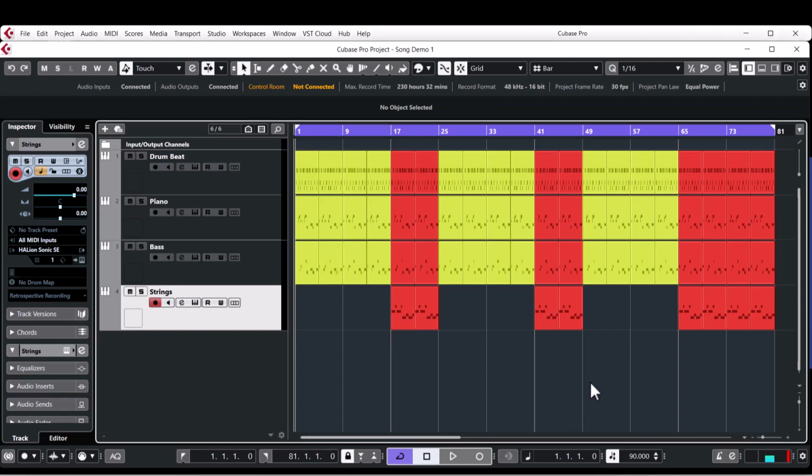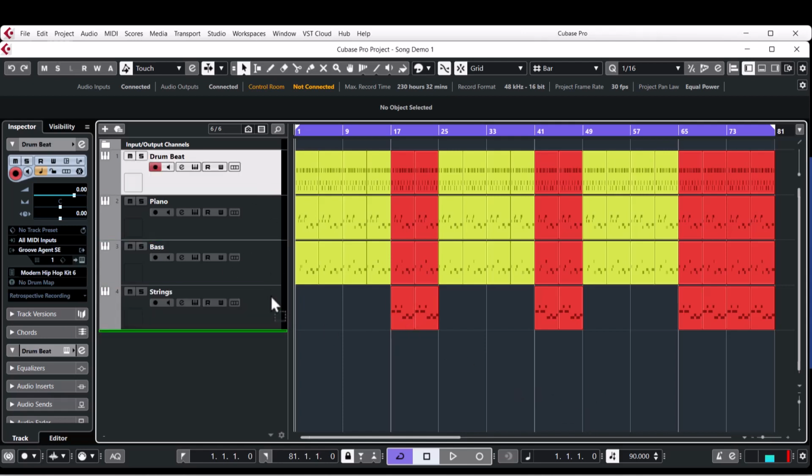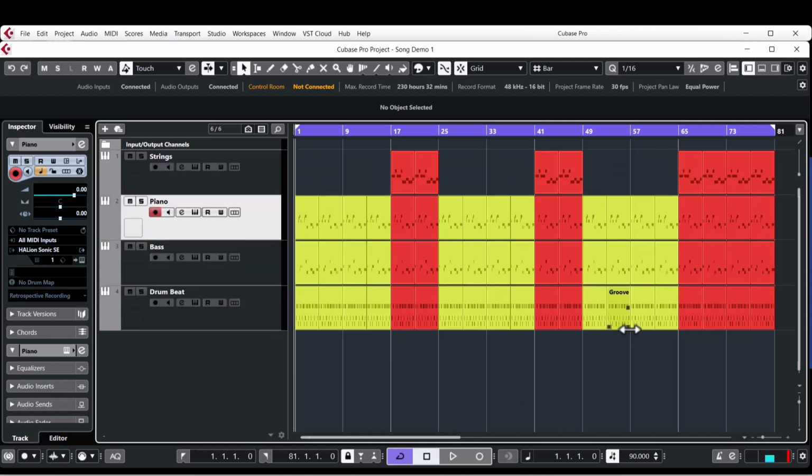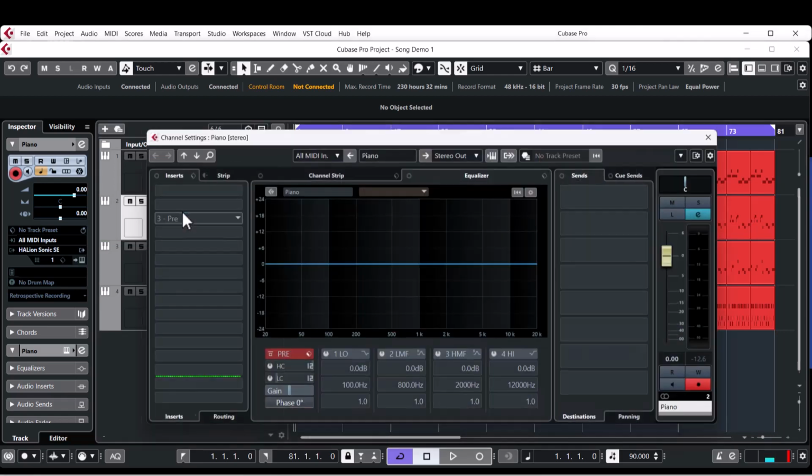We have laid out some VST instruments, a bit of a drum beat, we've got piano, and we've got some bass and strings. I'd like to have my drum beat on the bottom, followed by the bass, and working our way up. So what I'm going to show you in this video is how to make sounds a little bit